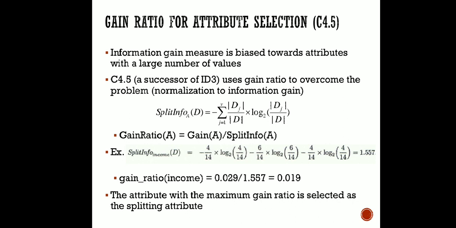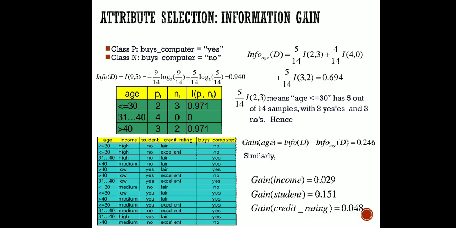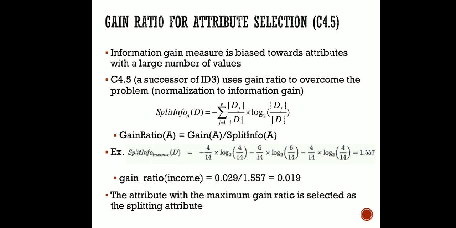Okay, so using this formula we have calculated the split information, and the gain ratio will be what? The gain we have calculated is the gain of a particular attribute, here the gain of income. If you move to the previous slide, what was the gain of income? It was 0.029. So the gain ratio will be 0.029 divided by the split information. Fine. So here we are going to use the attribute whose gain ratio is highest, rather than the one whose gain is highest.